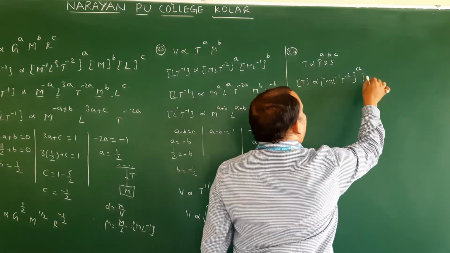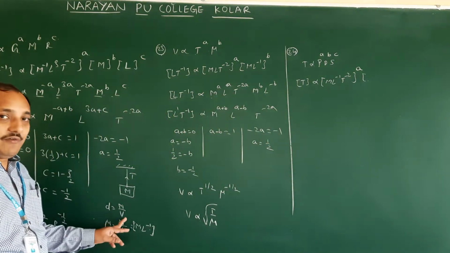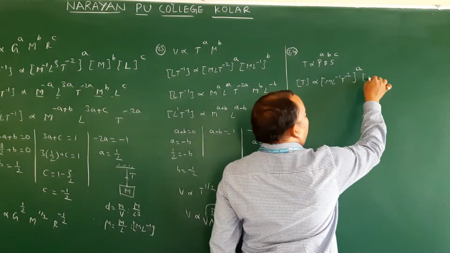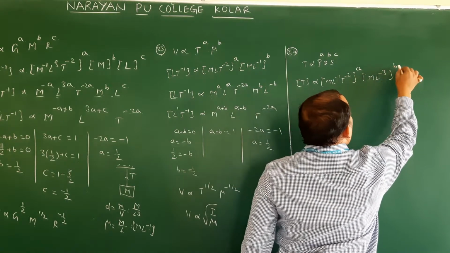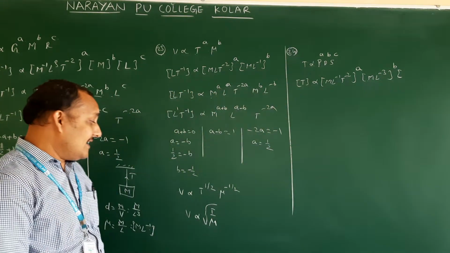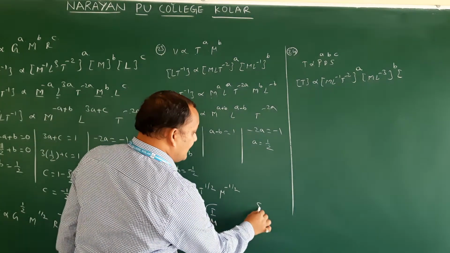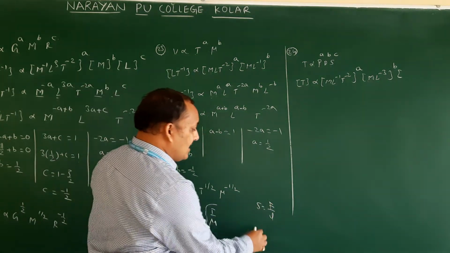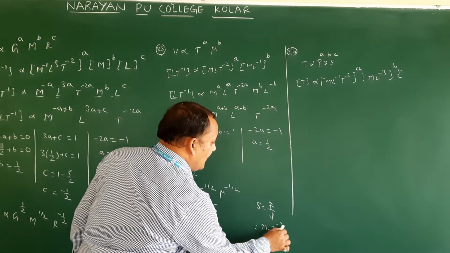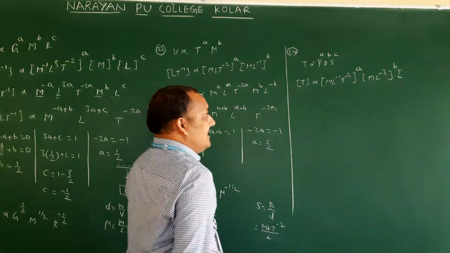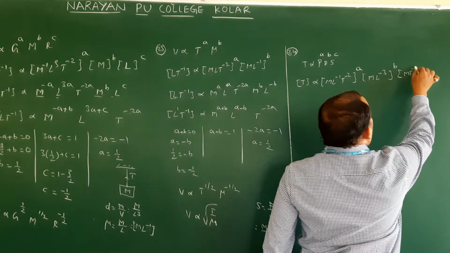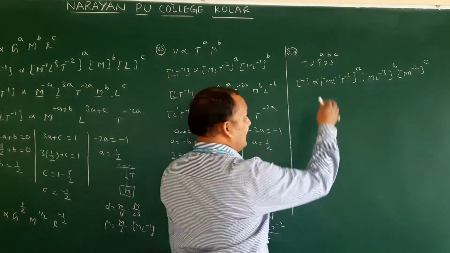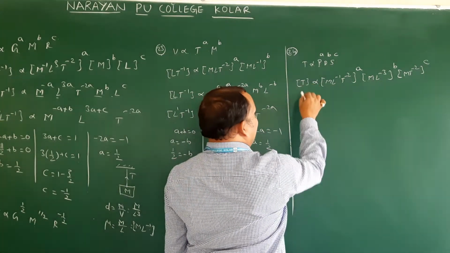Density. D means here density. Density means mass by volume. Mass by volume means M by L cube. Therefore, M L power minus 3. What is S? S already we discussed. What is S means? Surface tension. Force per unit length. In the example problem we discussed, force per unit length means M L t power minus 2 by L. That L will be cancelled. M t power minus 2. This will be coming in our upcoming lessons, maybe in the 11th or 12th chapter, properties of liquids section. Surface tension.